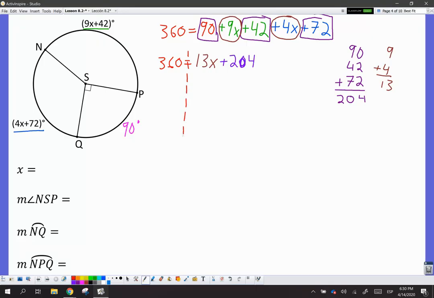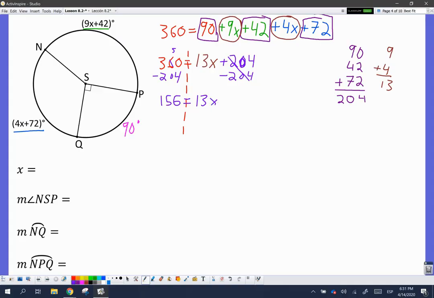And so now I need to draw my line through the equal sign because I know I'm going to solve this equation. So since all of my constants are on this side, I still have variables and constants. So I'm going to make the constants move over to the other side by canceling them out. And to do that, I do the opposite. Instead of plus, I do minus. And I have to do that on both sides so that my equation stays equal. So 360 minus 204 gives me 156 equals